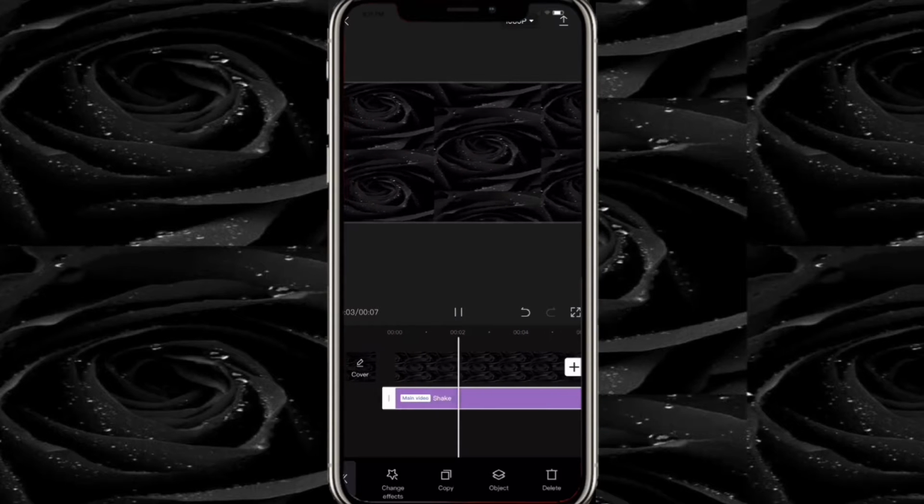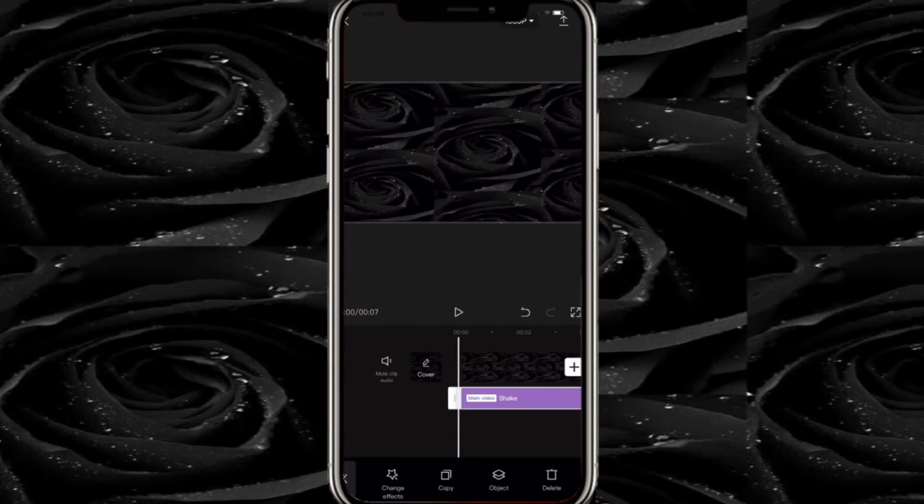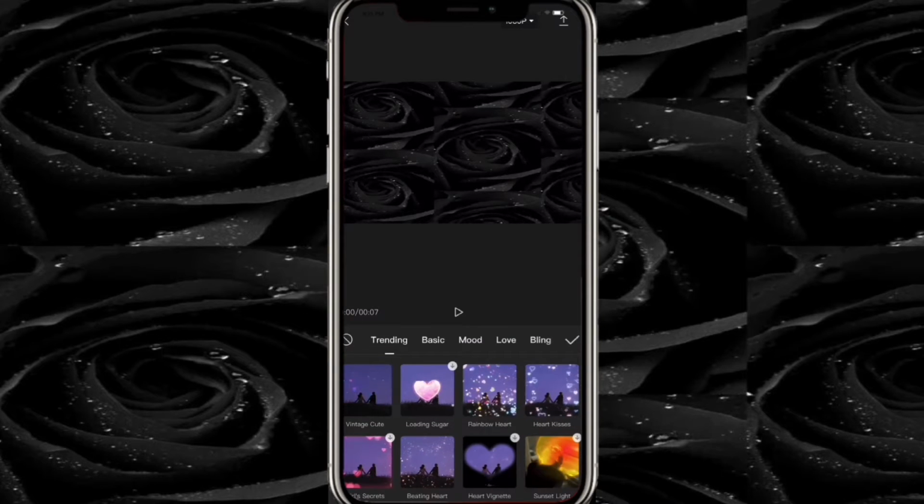And yeah, so I basically just clicked on that and it was called Shake. So basically you can see the background is now just shaking. I mean, you could choose whatever background that you want to choose though. So after that,